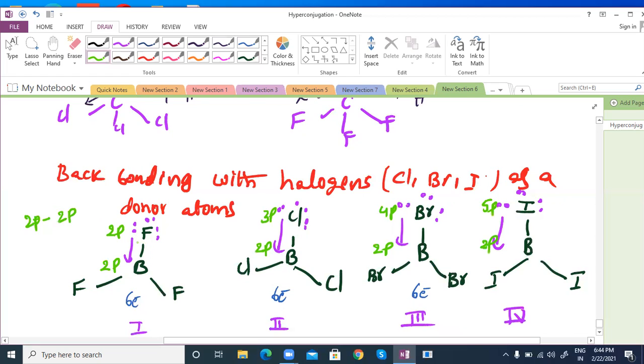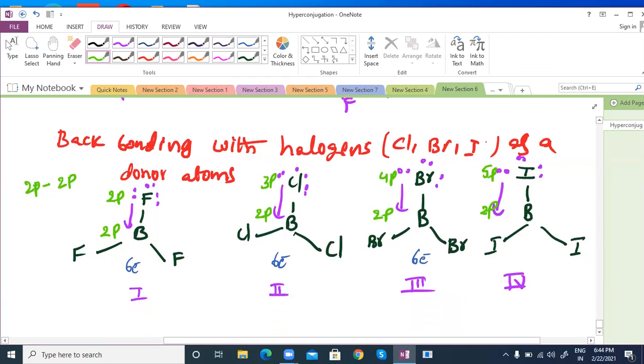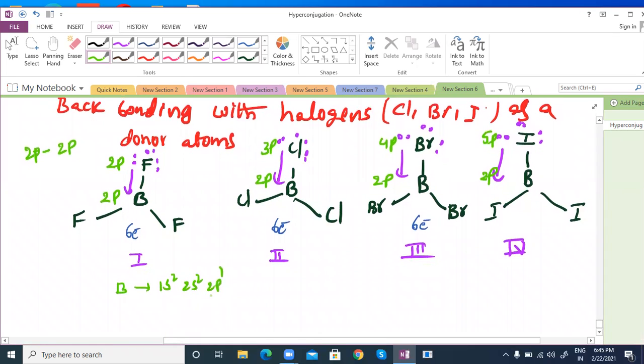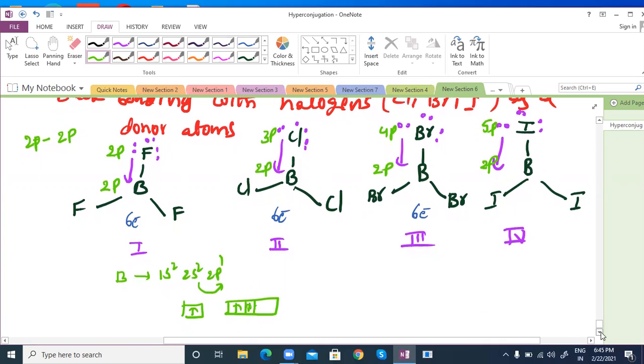When you have that best back bonding, you can find that a total of 4 bonds are there. But sir, how can we do back bonding if there are no vacant orbitals? With vacant orbitals only we can do it. So boron: I'm writing 1s2, 2s2, 2p1. Then we can think one electron is excited to a p orbital, so one in the s orbital and two electrons in p orbitals. So is one orbital still empty or not?